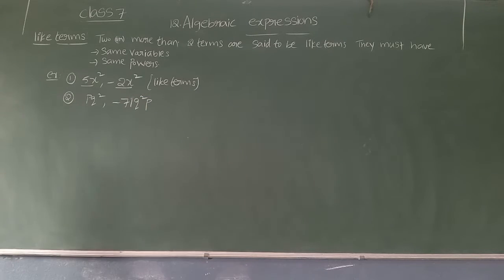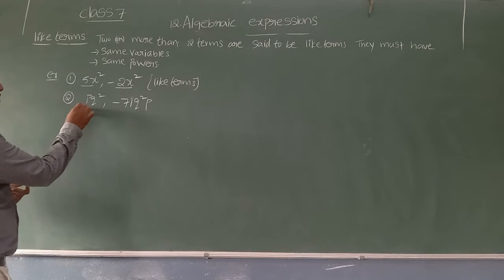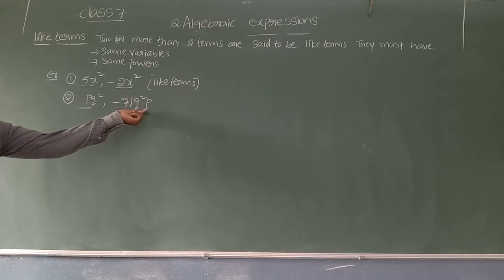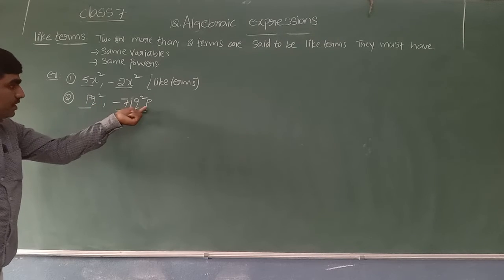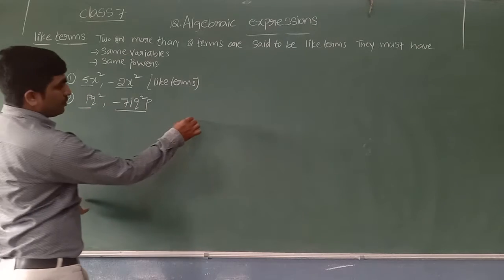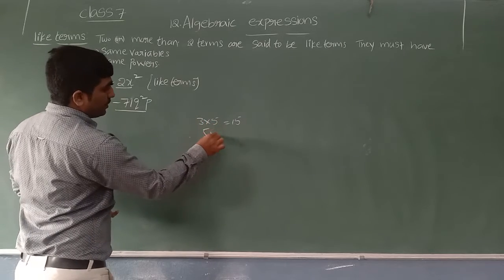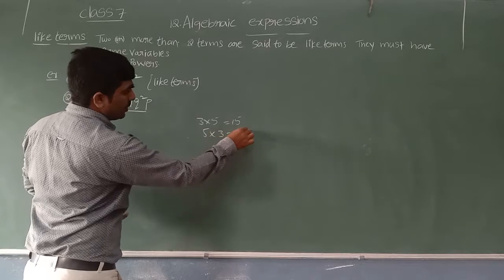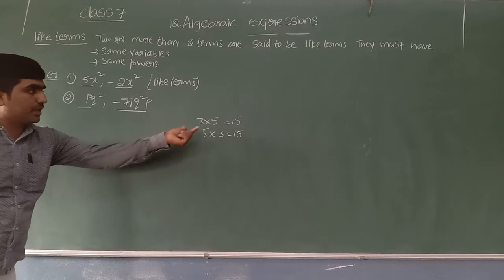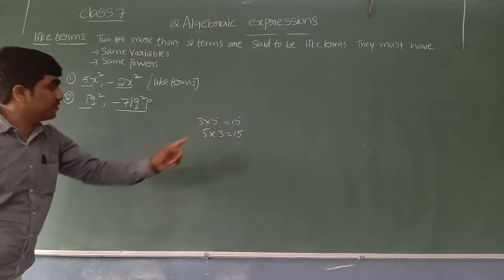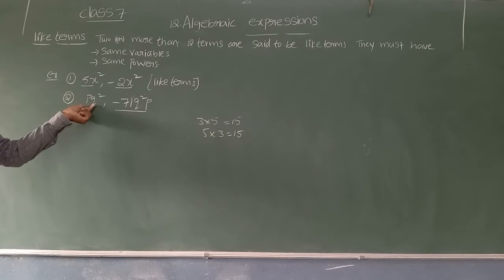Now what can we say about this? Sir, even these two terms are also called like terms. The reason is they are maintaining the same variables, p and q. Don't tell me the order is different. In multiplication there is no problem with the order. If I multiply 3 into 5, it gives 15. If I write 5 into 3, it also gives 15. There is no change in multiplication if I change the order. Similarly, I can write p into q or q into p. Both are the same, the alphabets are the same.